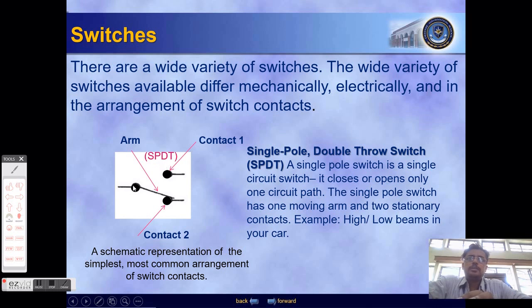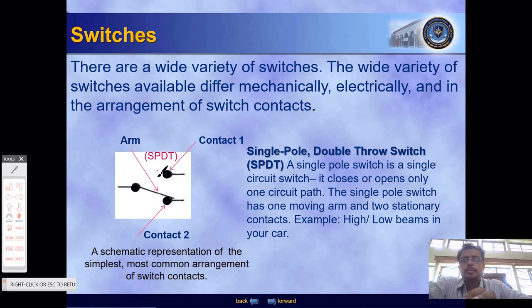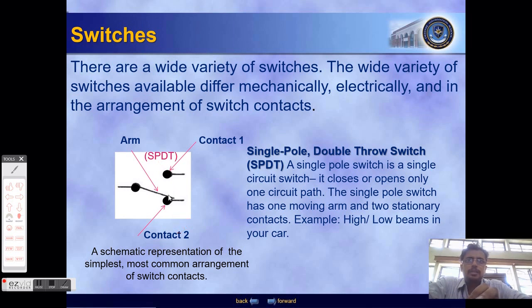Here also the incoming current has only one branch, so it is again single pole, but it can be thrown to two different positions. So suppose we say this is terminal A and suppose this is terminal B. So the switch can be thrown to terminal A as well as terminal B depending on our choice. So this is called a double throw situation. Single pole but double throw.